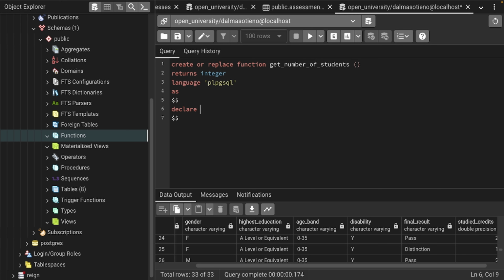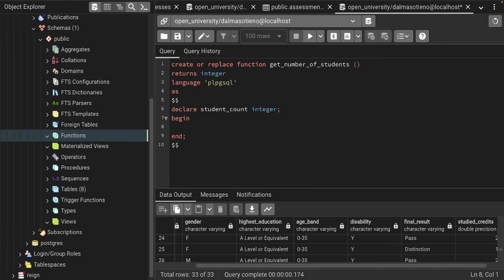I'm going to declare a variable called student count, and it is an integer, and it is the variable that we're going to return. Then we begin and end here,